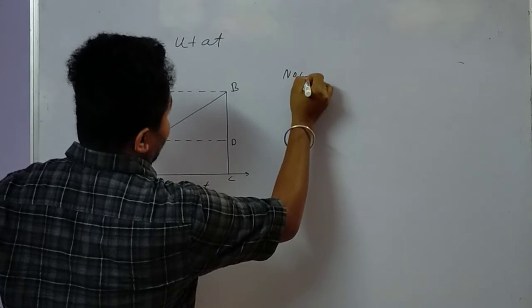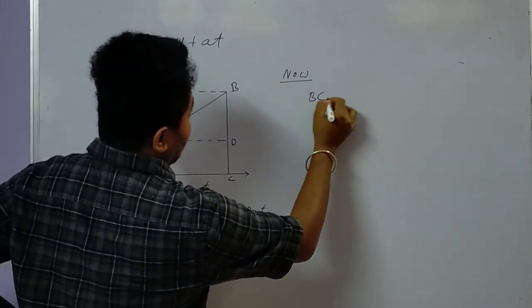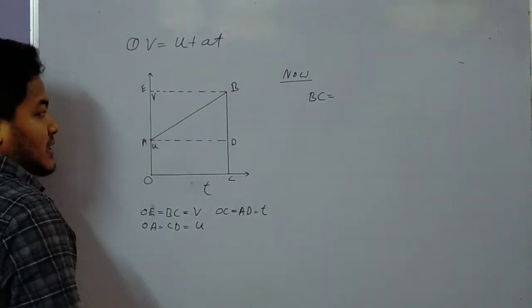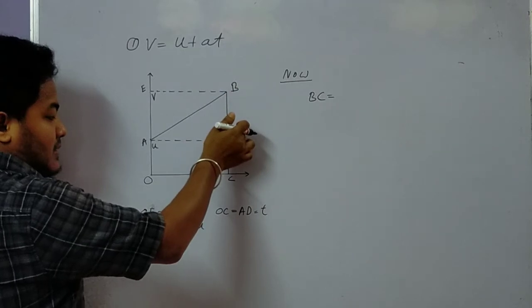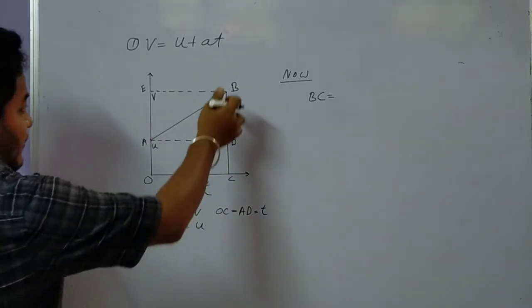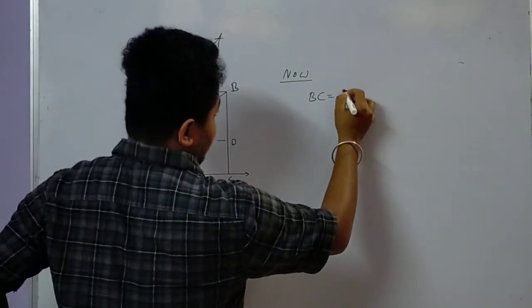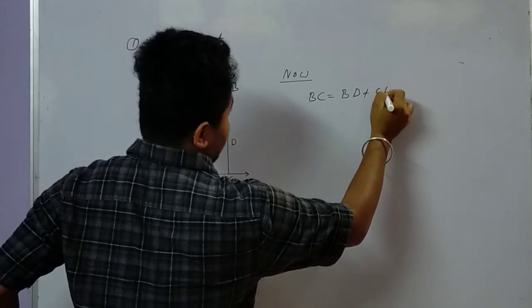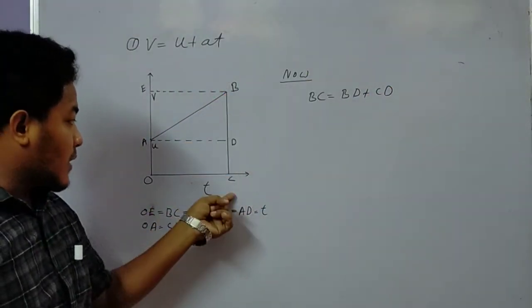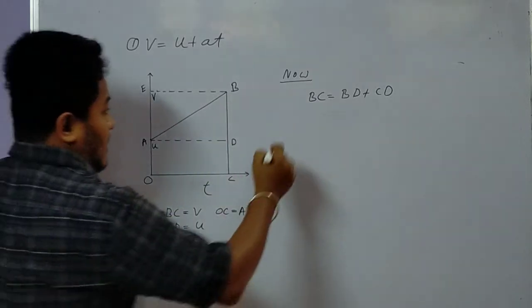Now, BC is equal to BD plus CD. I can write BC is equal to BD plus CD. Have you got this? BC is equal to BD plus CD, I can write. This implies,